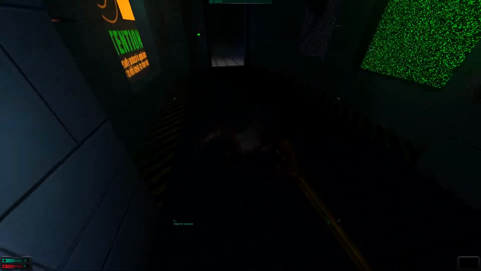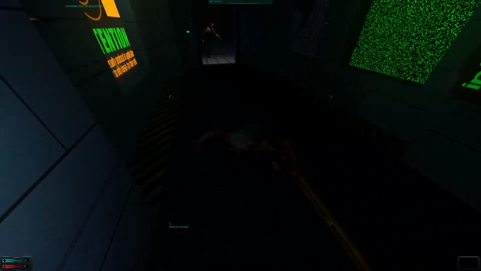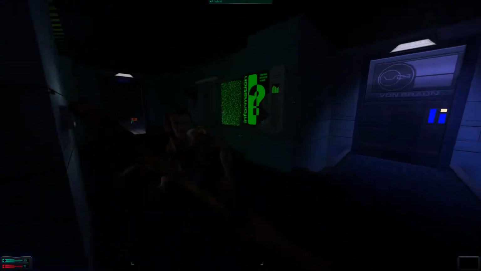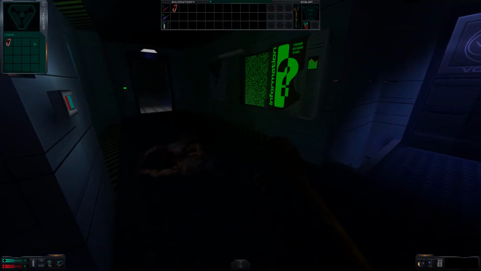Alright, there's our first enemy. Those are hybrids. Oh, look at that. Oh boy, okay. Alright. Run. Got him. Got him flawlessly. Alright, so this is a researchable object. Thankfully, I have the research skill, so...